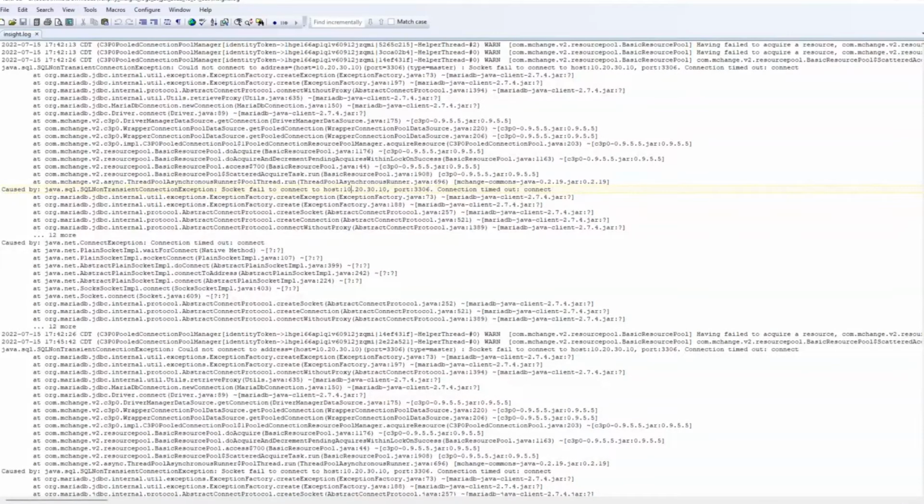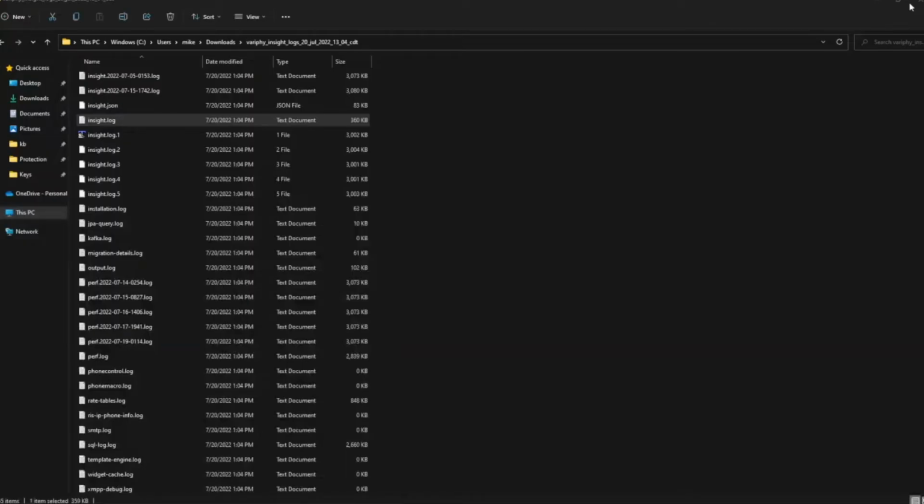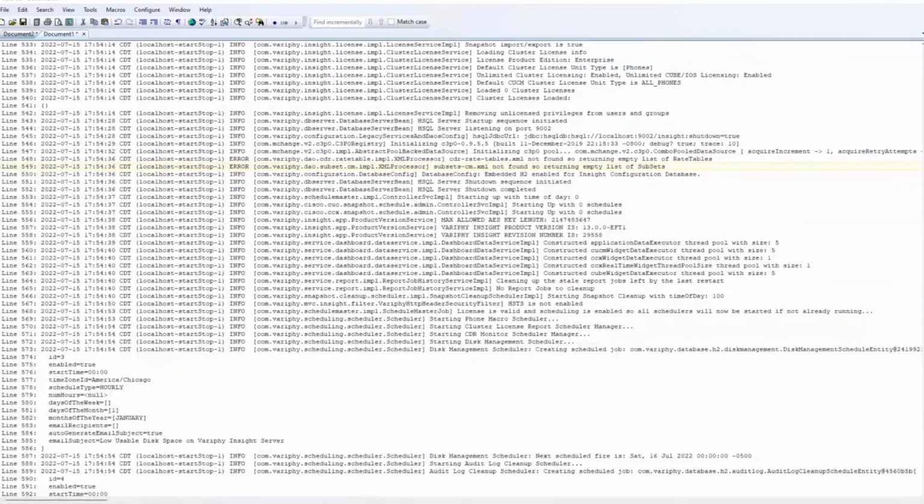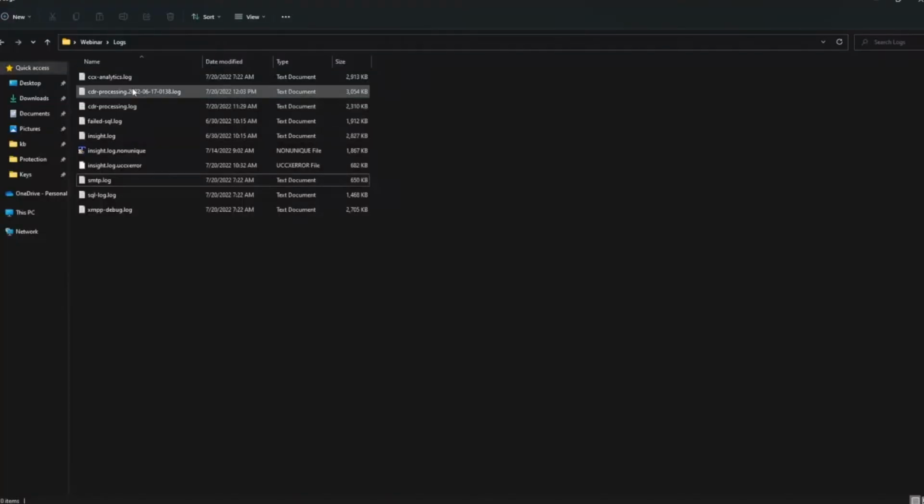Okay, so here we'll stop and I'll show you a couple examples of the logs that we normally look at while troubleshooting. So let me close out of this. I just have some samples of some different logs. Really, the big ones, if you're looking at contact center, are the CCX Analytics and the XMPP debug log. That'll cover most of collection, report building, report generating, widgets, and the real-time agent widget.